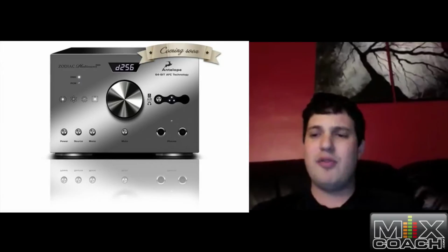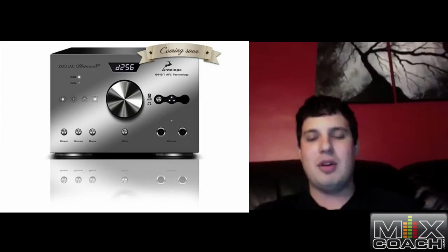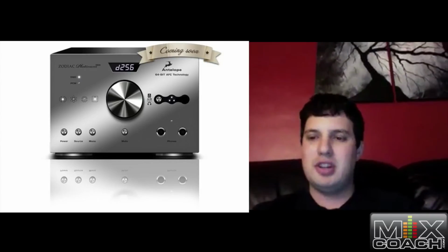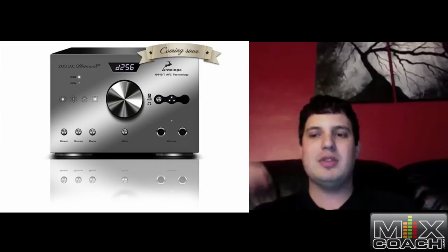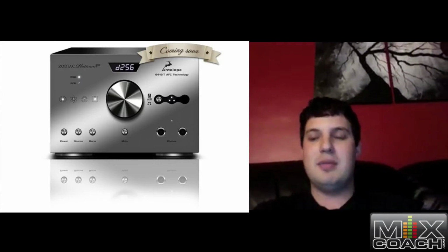So they've upgraded to Platinum. Platinum is really special. I got a chance to hear this about 3 or 4 days ago. I believe it was introduced to the hi-fi market a little while back, but it's just starting to be introduced to the music market, the MI market. And so I'm really excited to see how this does. It goes up to...